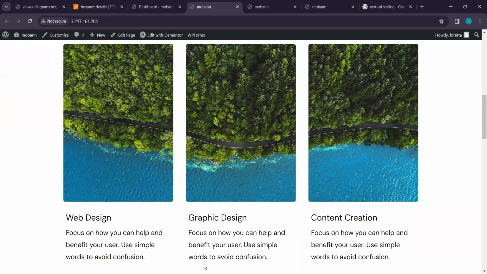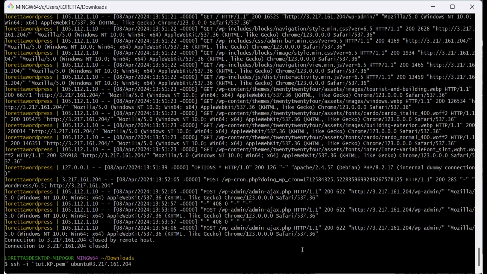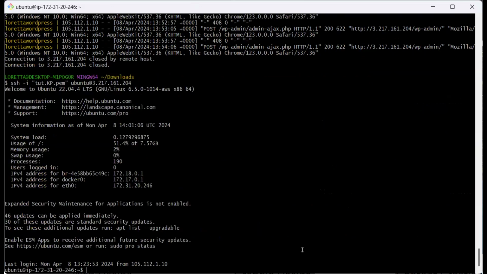Now if you want to turn off your Docker, okay, so let's log in back. Because when we turned it off, it's disconnected. So now, if you want to turn off, you can bring it down by writing